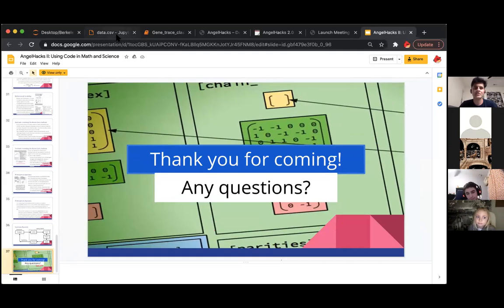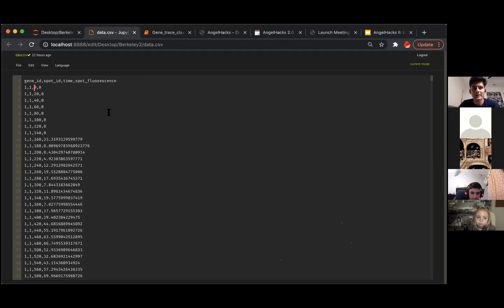This is just a random data set that I got from a lab. The example I'm going to go through is basically the data I get. I have a specific gene ID, spot ID, time, spot, and the spot fluorescence. So essentially what happens in a cell is it basically splits into two, and that process is called mitosis. And when a gene is split, using specific research mechanisms, people are able to identify how much of that split is happening, which is basically what a spot